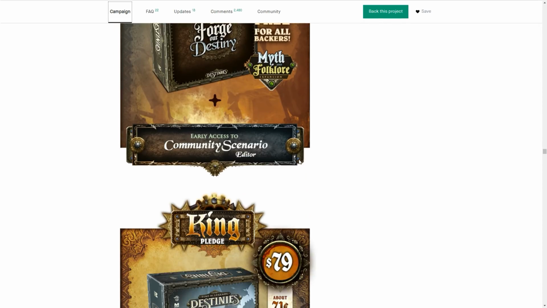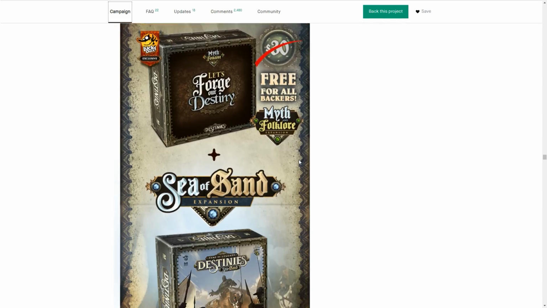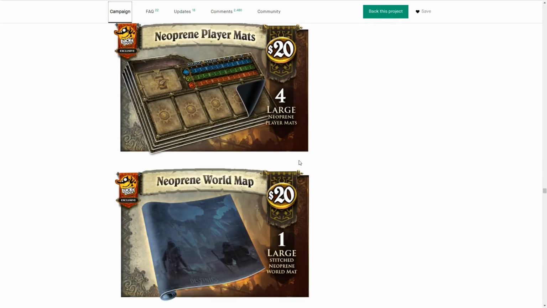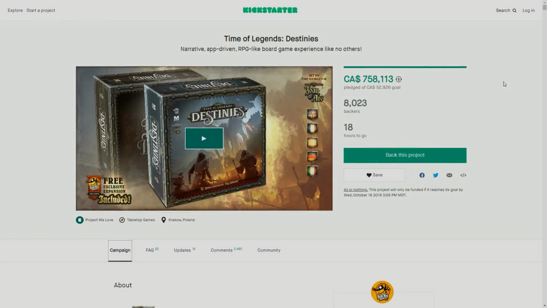And that's going to make things a lot easier, because people aren't guessing as to what they should be doing with the rules. So anyway, this is a pretty high-level overview of the game. There's a lot here. So in a nutshell, that is the Time of Legends Destinies Kickstarter. Hopefully it gives you a general idea of how this fits in with the Joan of Arc Kickstarter